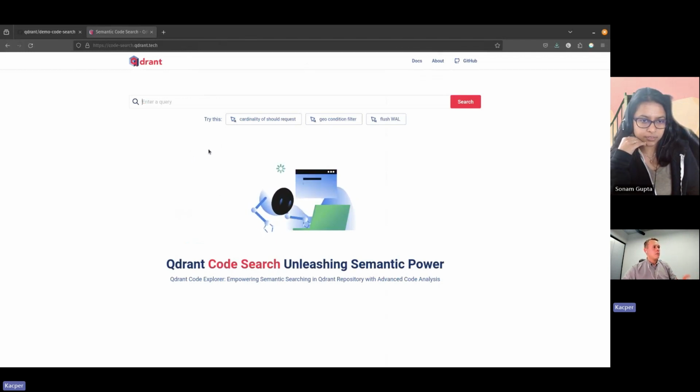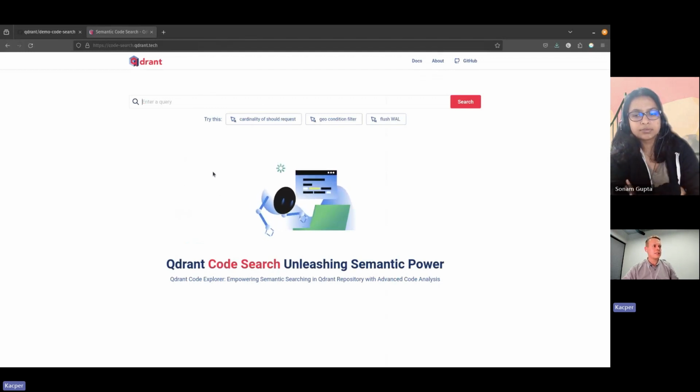In the meantime, here you can provide all the types of queries you could possibly imagine for code search. That might be just a code snippet if you want to find some near duplicates, or